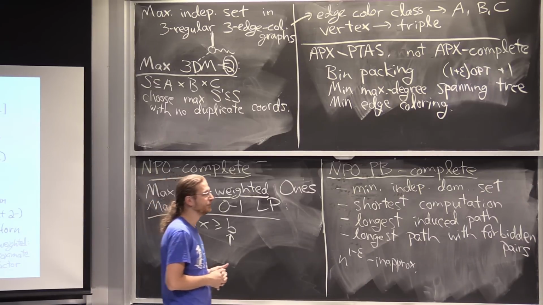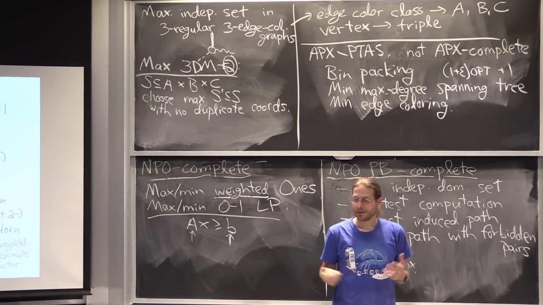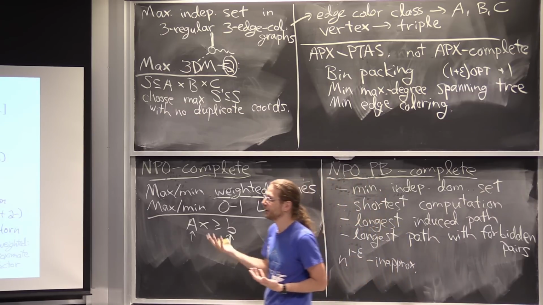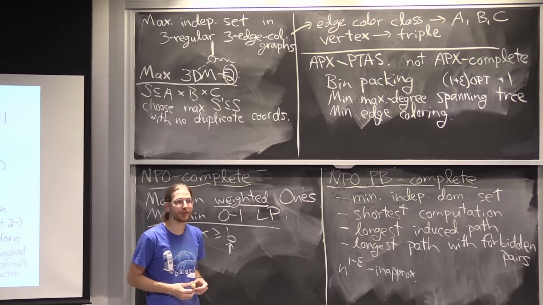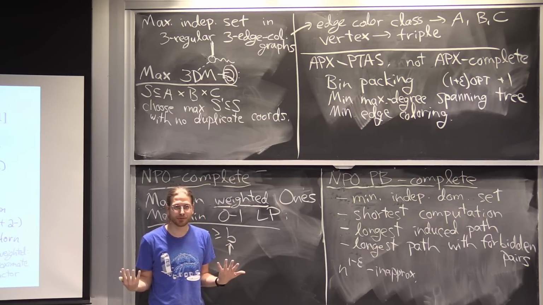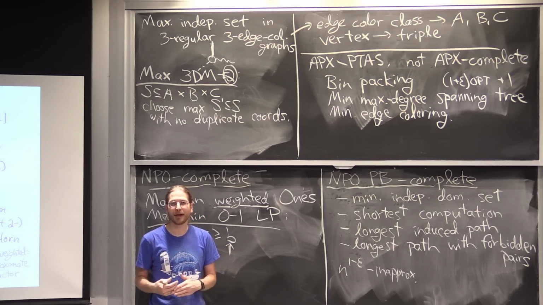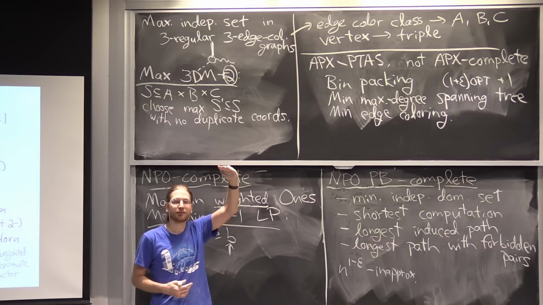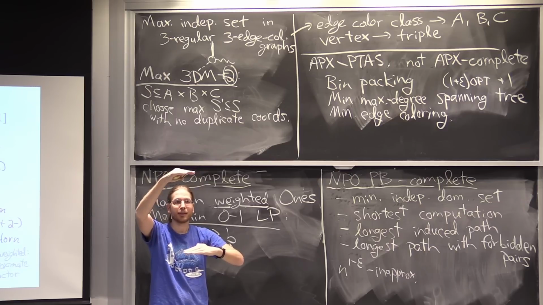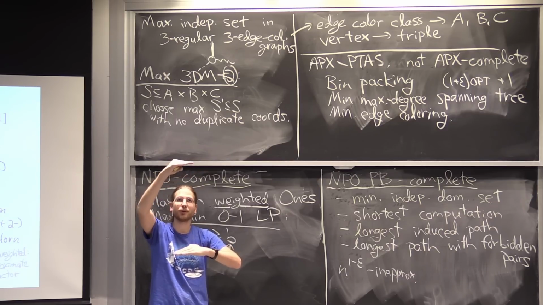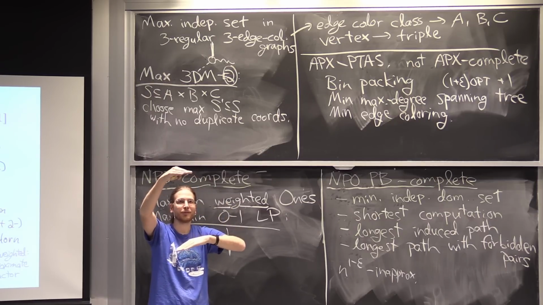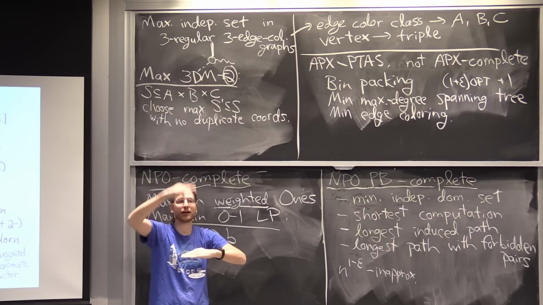All right, so this ends what I plan to say about L reduction style proofs, which are all about preserving approximability. The next class, we're going to look at a different take on inapproximability, which is called gaps, and gap preserving reductions, where you can set up a problem that either it has a great solution, or the next solution below that is way lower, and there's a gap between the best and the next to best. And whenever you have such a gap, you also have an inapproximability gap, because you know there's a solution out there, but finding it, if it's NP complete to solve it exactly, the next level down you lose some factor, and whatever that gap is